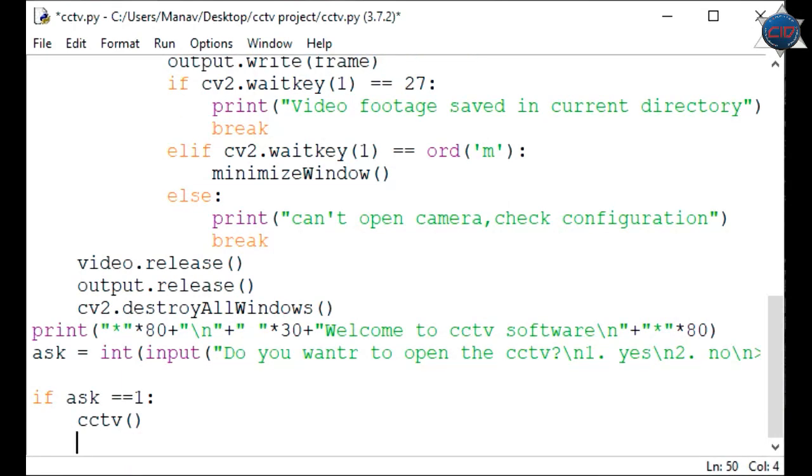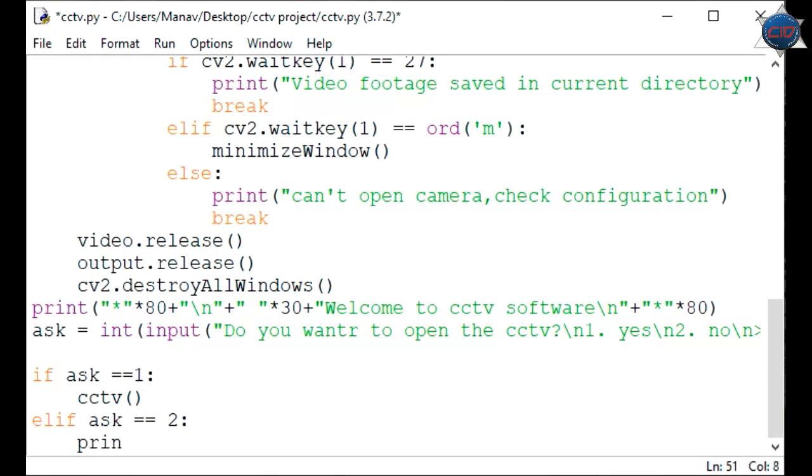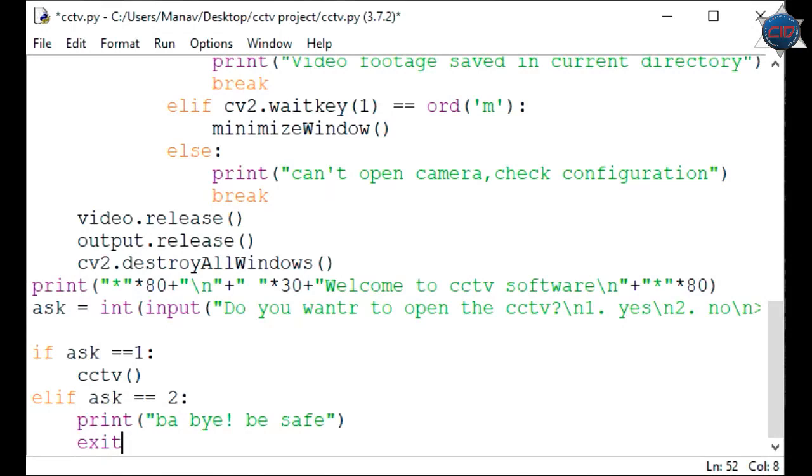And if it is not, that means if ask is 2, then it will print "Bye bye. Be safe." If you will not use this software, then be safe on your own, and the exit method is just called for exiting. Okay, so I'm going to save it, and now time to run.